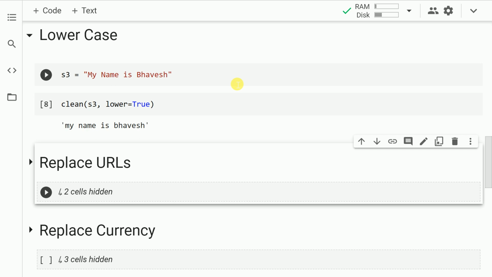There are multiple ways of converting cases for your strings in Python. You have a base Python equivalent as well, where you just call the lower function. But ideally this would be really helpful if you start utilizing it in your entire workflow. It is not just about creating a lowercase equivalent of a string, but think of it holistically: if you have multiple transformations to do, then you can directly create a lowercase equivalent of your string using the clean function. So this is something that I wanted to highlight.